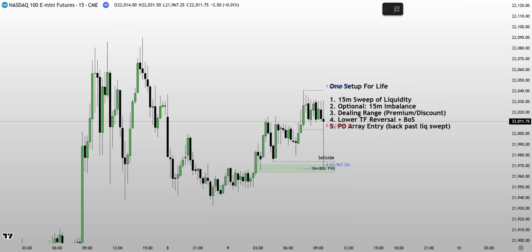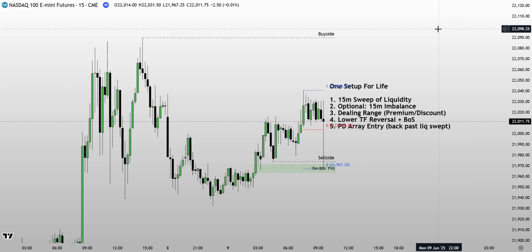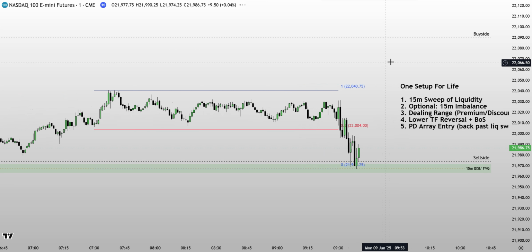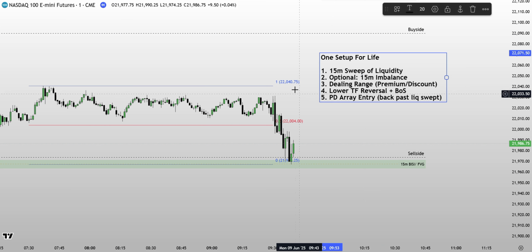And so we have opposing liquidity here. That is a potential draw for price as well, that we're going to mark out. And if you go on the lower time frame, do we have reason to believe that price would gravitate to this point? Well, if you look right off the bat,